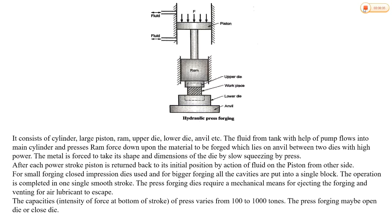Now see how it works. The fluid from the tank flows into the main cylinder through the upper port. As fluid enters the confined cylinder, it presses or pushes or forces the piston in a downward direction like this one. As a result of this, the ram forces down